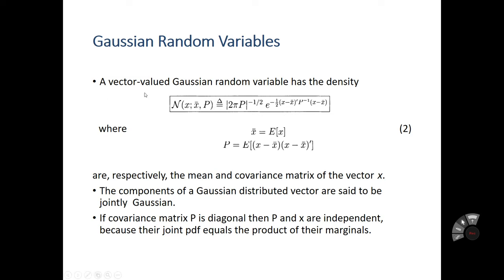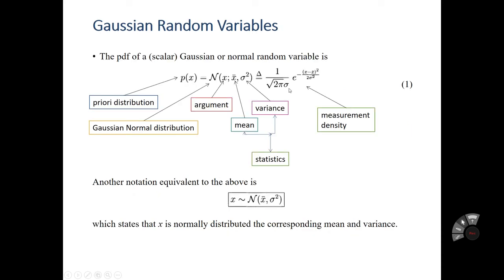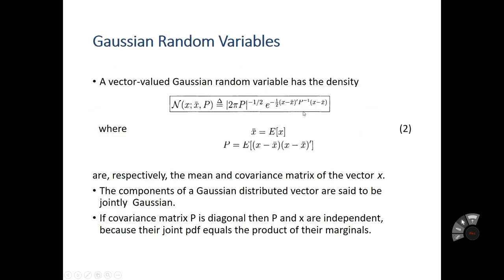Here x is a vector, and then we calculate the mean and its covariance, which will equal 1 upon root of 2 pi P. This is the same as this one. We just replace this sigma with P, and then exponential of